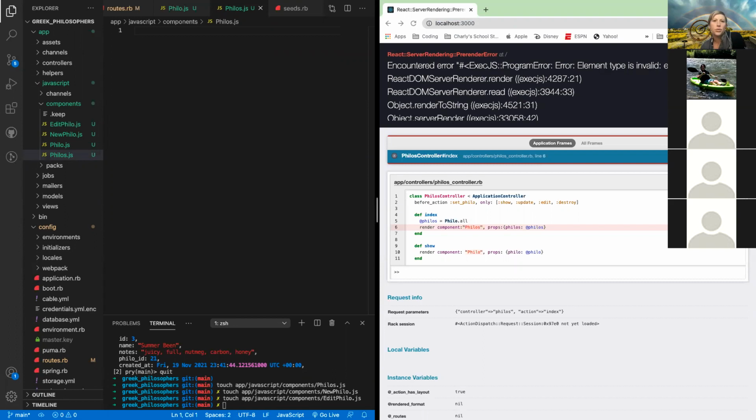All right, so I want to copy paste this, but I also want to do it in an order that makes sense. It's not just, boom, here's a bunch of code. So you always do import React from React, otherwise it's not going to work. You're setting up this component, Philos,